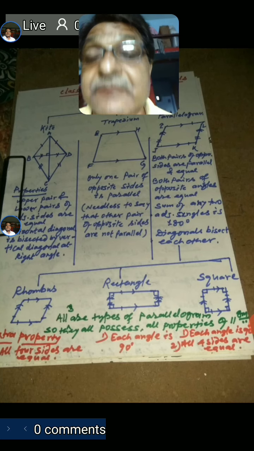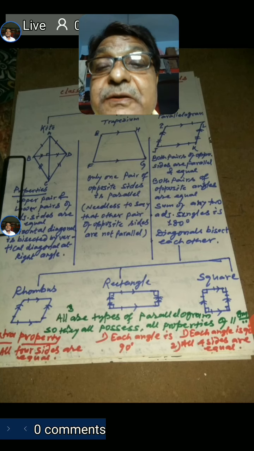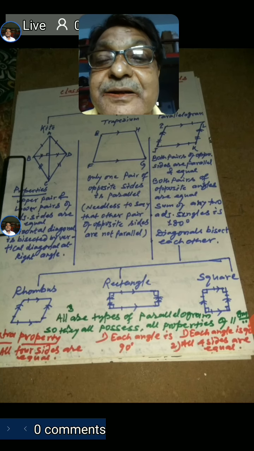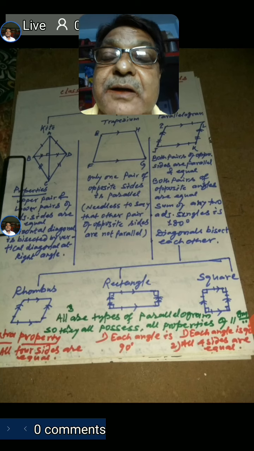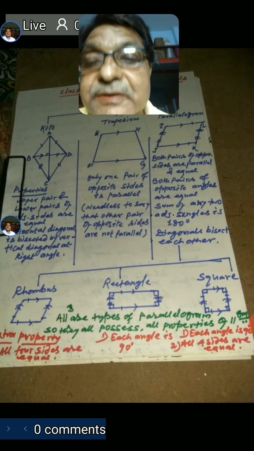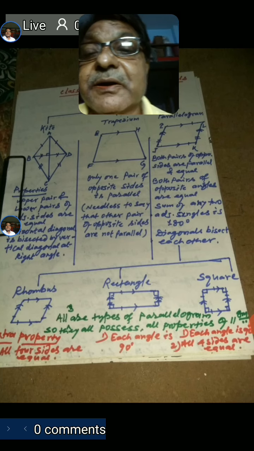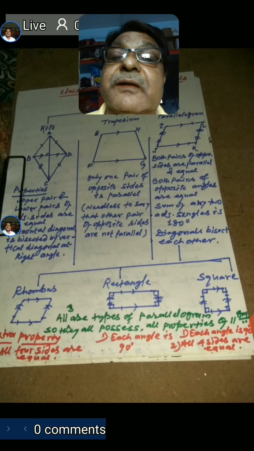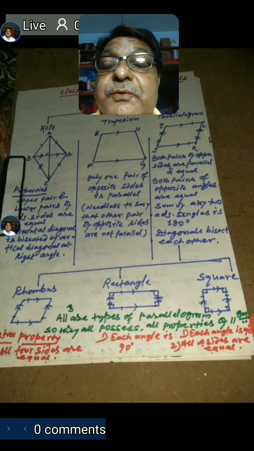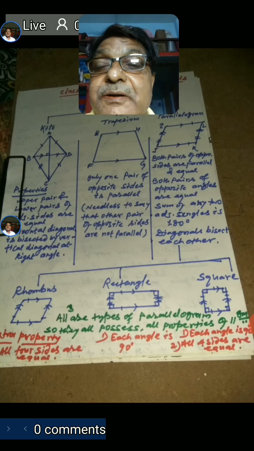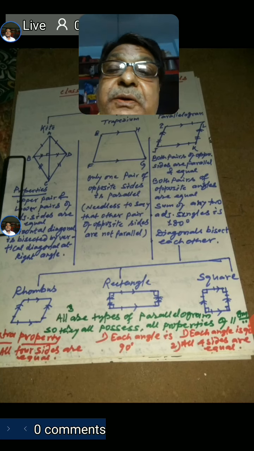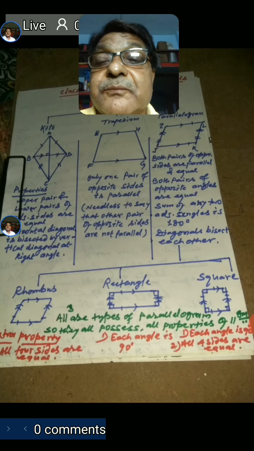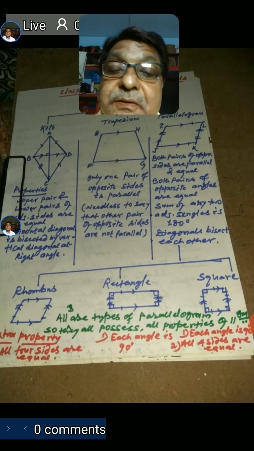Okay, thanks students, and I hope that up to this point of the quadrilateral topic we have very sound and clear ideas. We have a very good concept related to quadrilaterals and their basic property, angle sum property and its proof, and finally we could classify the quadrilaterals into different categories, and if you take all together, then there are 6 special types of quadrilaterals starting from kite to square.